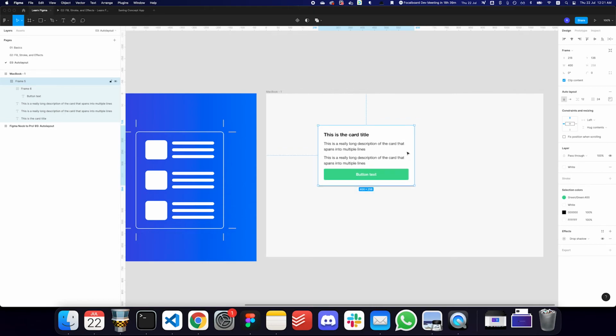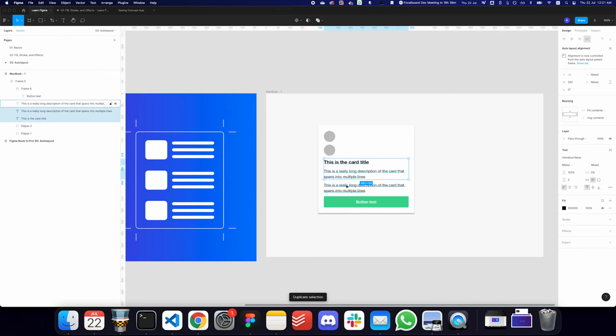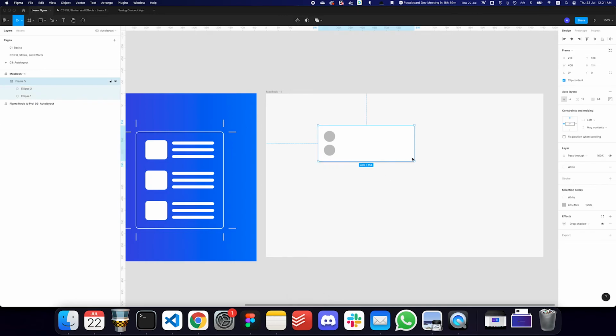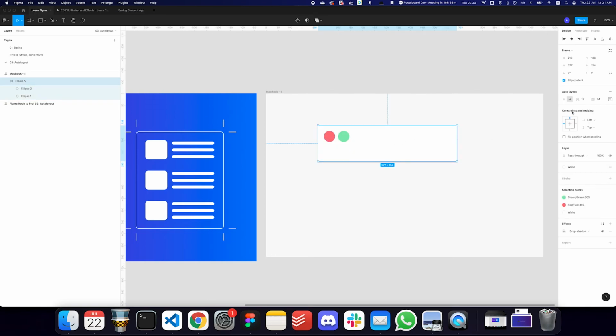One minor thing that I want to explain to you guys is positioning. Let's say I have a ball here and another ball here, and I'm just going to remove all of this and make these balls sit side by side. I'm going to give this card a specific width. Now you have this ball here. I'm going to change this ball to red, and this particular ball to green. If I wanted to have one ball on the left edge and one ball on the right edge, I can